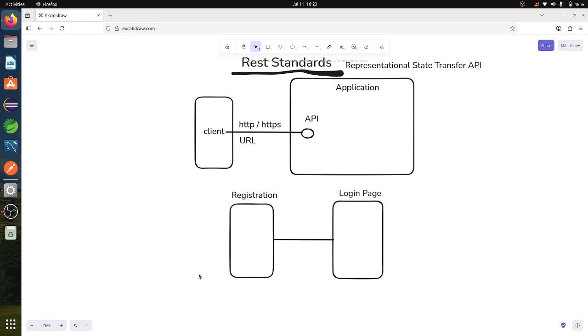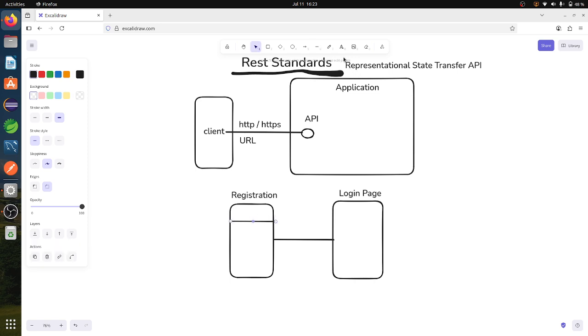So the user clicks on the registration API, and he will come to one page. Here the API will be present in the title bar. After making the registration he will be redirected to the login page, and here also one API call will be there.